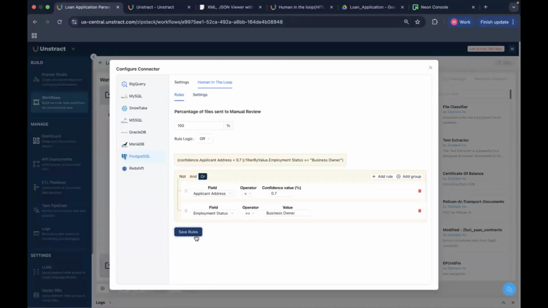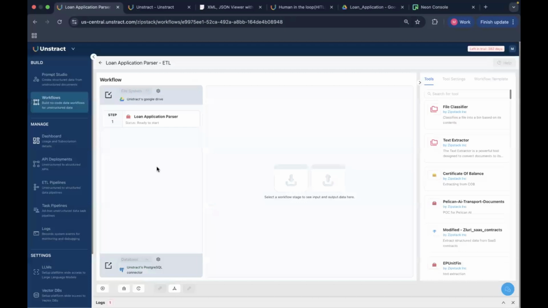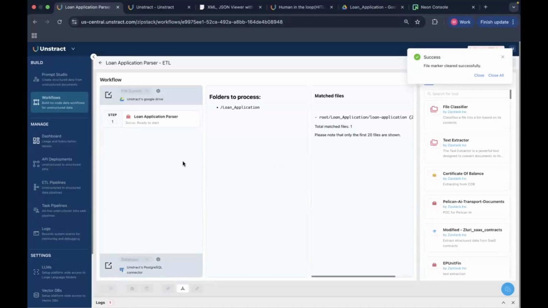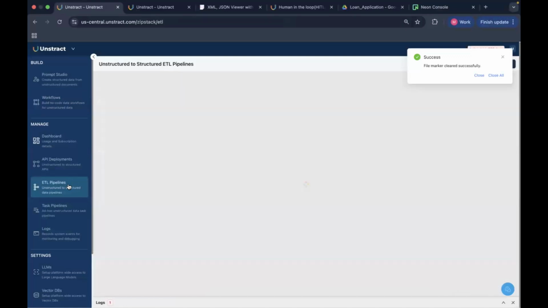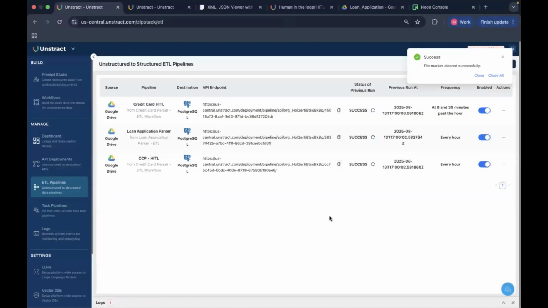All right. So once this is set up, I am now going to run this workflow. And again, I can either run it over here, which is for me to test how this works on an impromptu basis. Otherwise, you also have ETL pipelines that you can set up and run on a periodical basis. In this case, you can see we have a number of ETL pipelines over here, including the